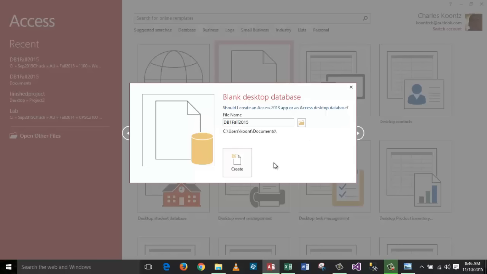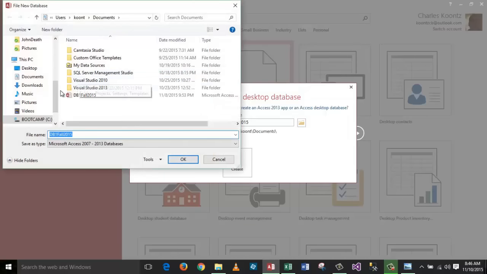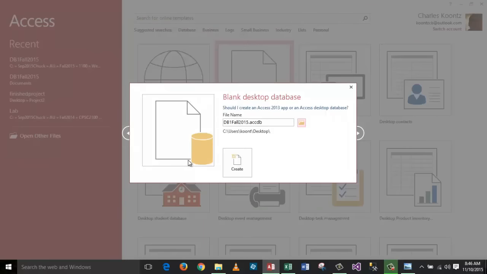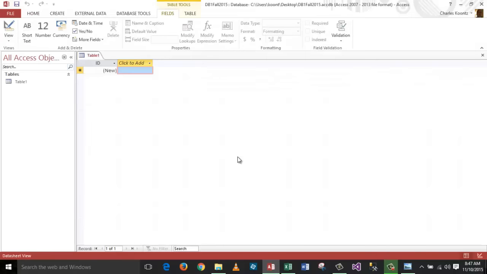Okay, so hopefully that's a unique name, because I've done this a time or two. And instead of storing it in documents, I'm going to browse the file system, and I'll just navigate to the desktop for the time being and save it on the desktop. Okay, so I've changed the file path to the desktop, and I'll execute a create command,